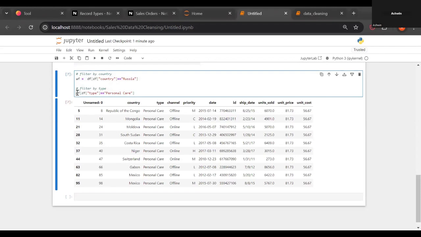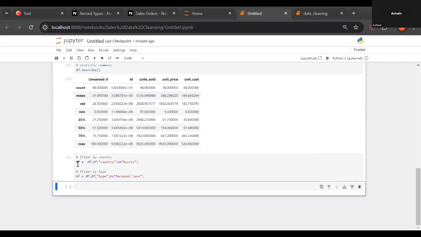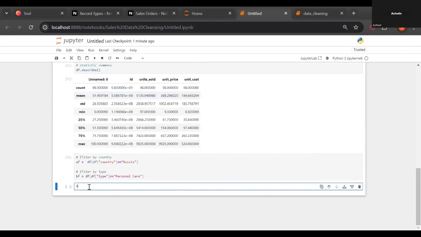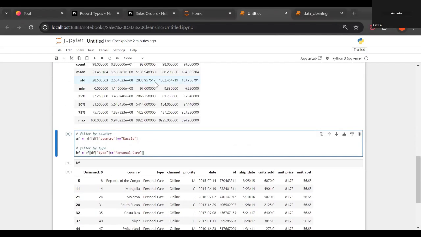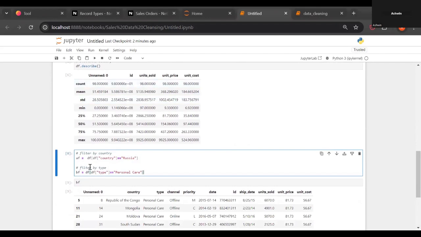So suppose BF equal to, we are assigning this, right? And now BF, and then I will look at this. So personal care, filter by personal care. So in this way, type equal to personal care. So now look at this. So in this way, we can